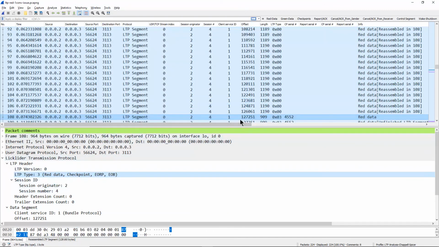So here we can see that frame number 108, which is going from .2 to .3, target port number is 3113. It's red data. It's the end of the block, the end of the red data, and it's requesting a report after that.